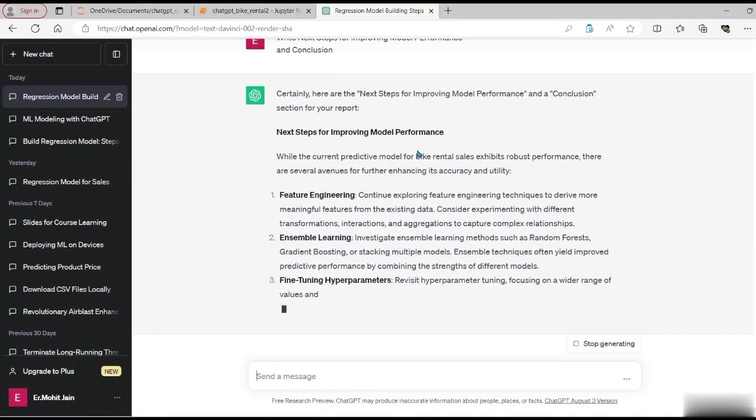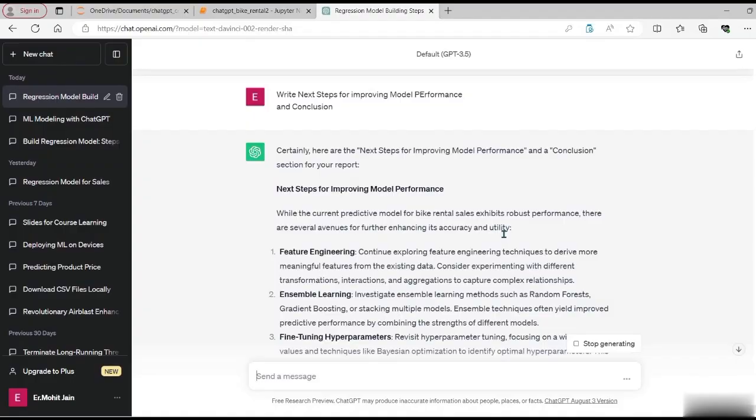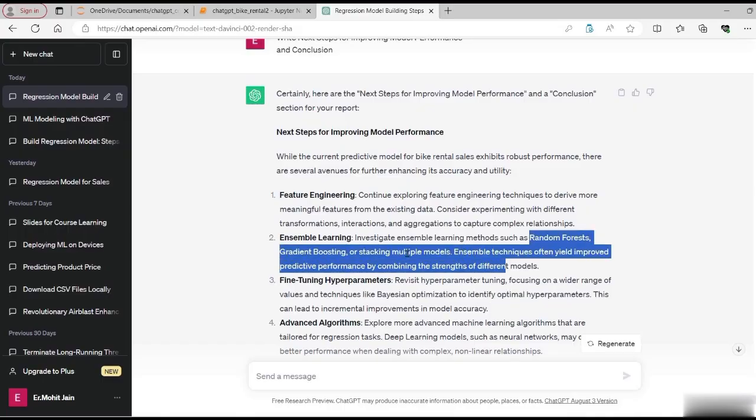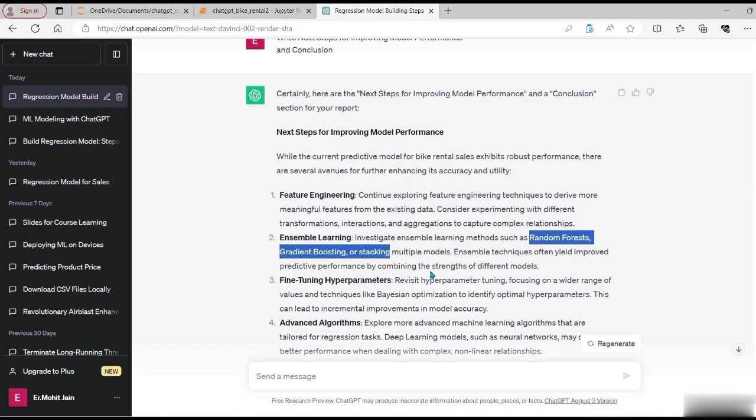So certainly, there are next steps for improving. Here also we can see that it has provided some specific examples, like for fine tuning, Bayesian optimization to identify optimal hyperparameters. For ensemble methods, they are suggesting random forest or stacking.